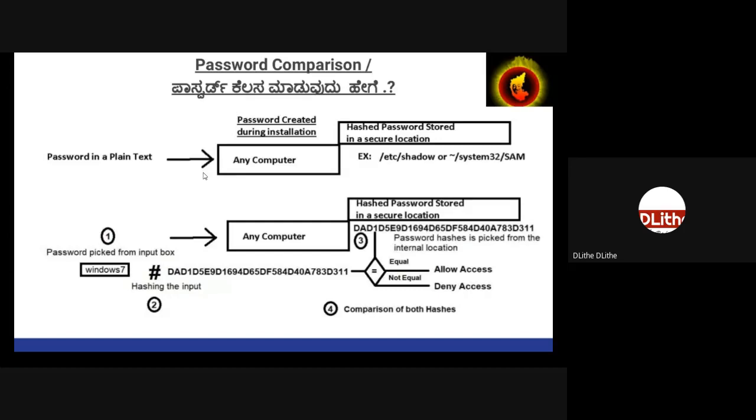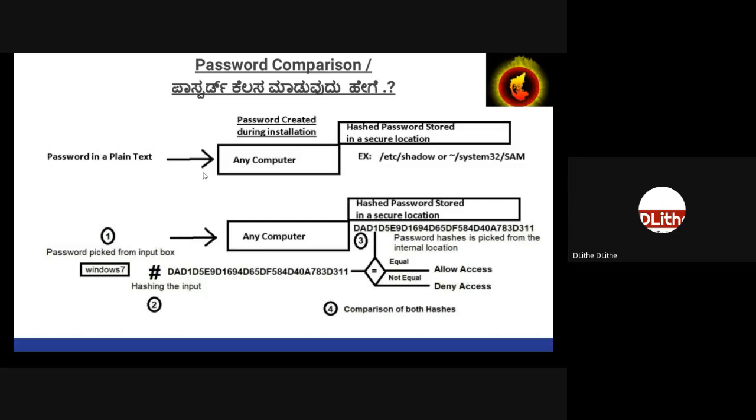Now, what if I have compromised the system? If you recall our previous two sessions, we have successfully gained access on both our Windows 7 machine as well as our Unix machine. In both cases, we were root or administrator. So in this case, since we are administrator, we'll be able to steal those passwords, isn't it? So the risk here is if your password is stored in plain text, the person who compromises your system will be able to get your passwords, right? That's an even riskier thing, isn't it? That will be a permanent backdoor into your system, right?